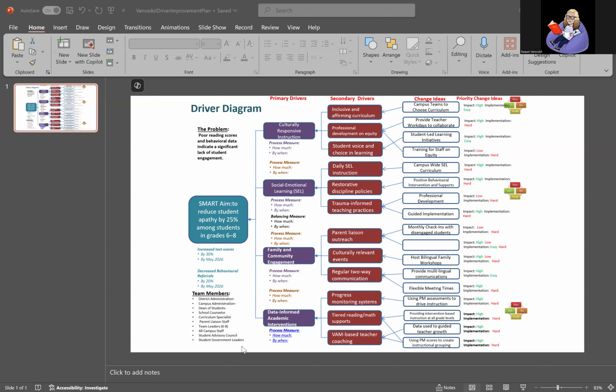I listed my team members. And I have several team members. Reducing student apathy actually is, to me, a district-wide problem, but certainly it affects every aspect and stakeholder on the whole campus. So I listed my primary drivers. I did not put the process measure in each of these segments yet. So I did include my secondary drivers